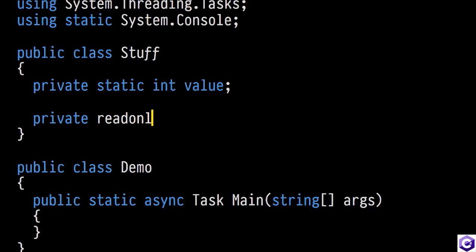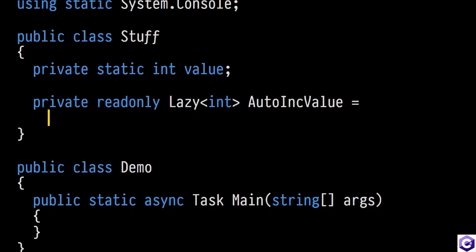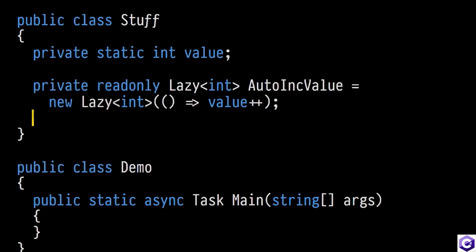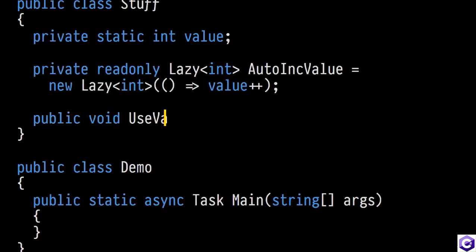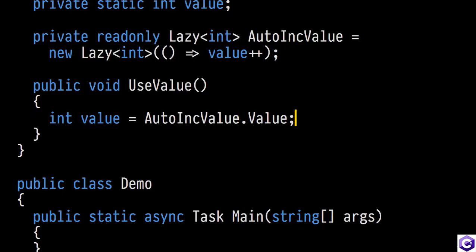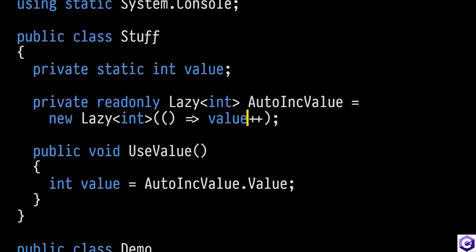So you'd have private readonly Lazy<int>, and that requires the System.Lazy class, obviously, autoIncValue. This is going to be effectively a generator of auto-incrementing values, but it would be lazily initialized. So you would have a Lazy<int>, and here the initialization would just do value++, for example. When you grab this value, it gets incremented by 1, and that's the value that you actually get. If you want to use this value, you would simply say int value equals autoIncValue.Value. This is okay because it's not asynchronous, because there is nothing inside the ++ that requires an asynchronous